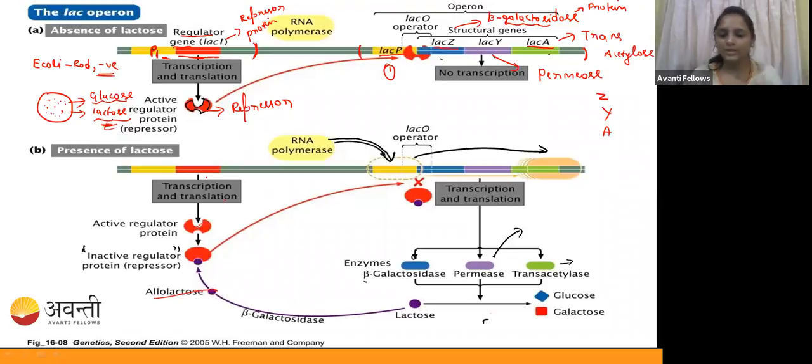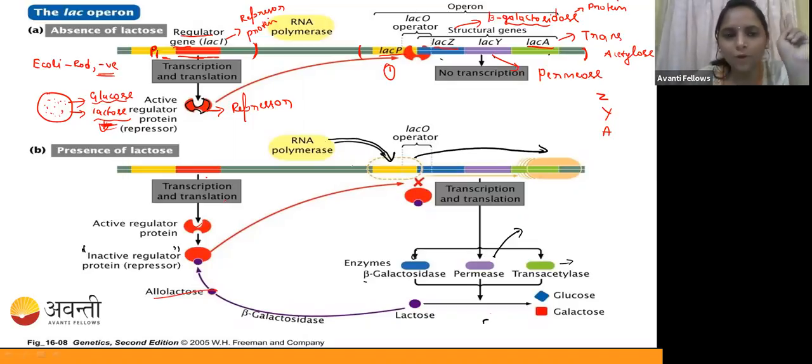Okay, guys, think. Whenever the lactose is not present, when we are not going to utilize the lactose, we do not require the enzymes for the breakdown of the lactose, right? So in that case, the bacteria is not going to synthesize the enzymes required for lactose breakdown. So the operon is in the off condition. The genes are not going to be expressed now. It should be stopped. So what will happen, we will see, guys.